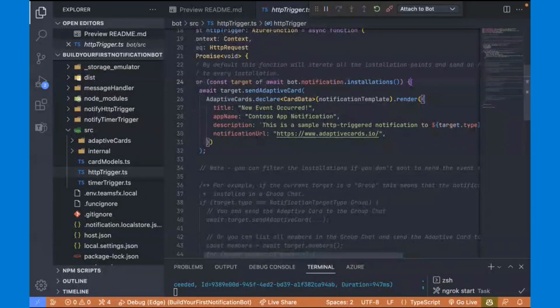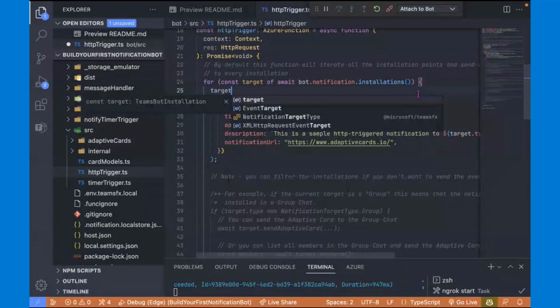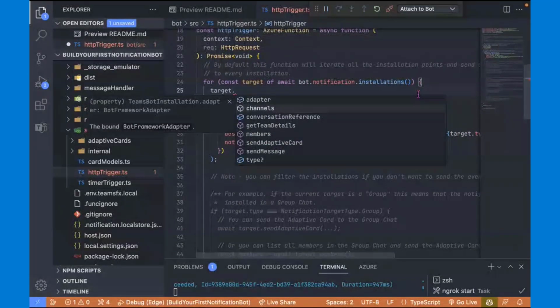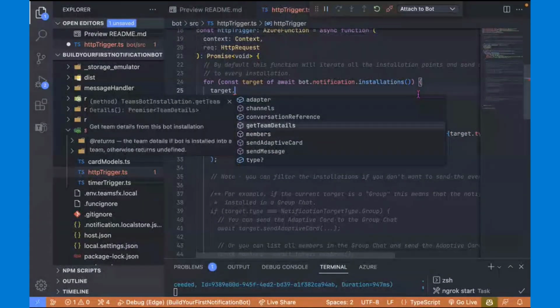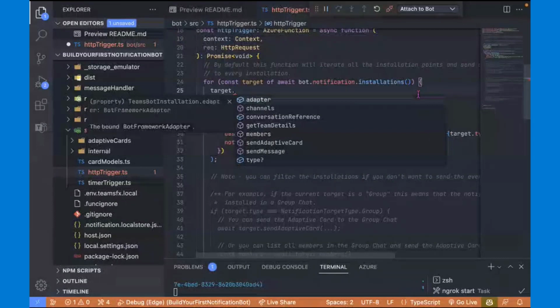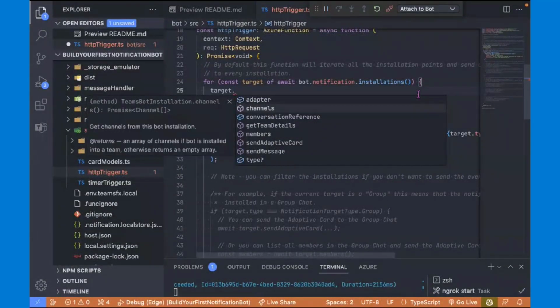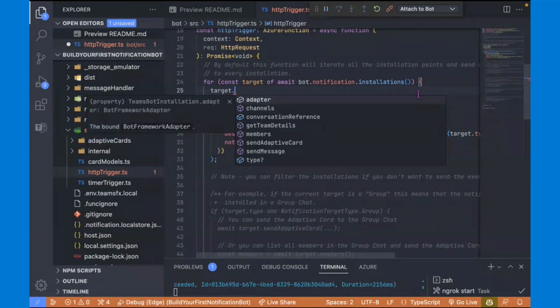If we take a quick look at the target, this is essentially our bot installation, and we've got access to various methods and properties. So we have access to an adapter. This is the underlying Bot Framework adapter. Like I mentioned, the SDK is providing that abstraction, but if you need to go to the lower level, you can access the adapter this way.